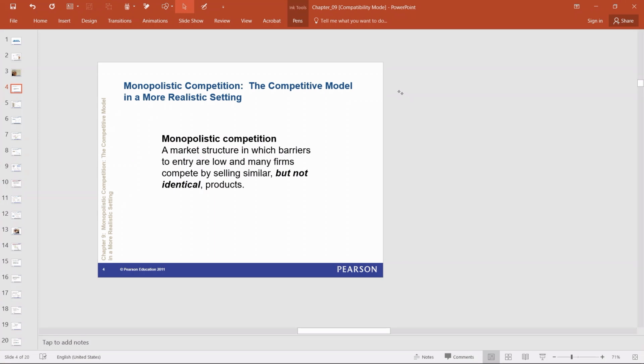So, market structure under what we have just said could have these 5 settings: perfectly competitive market, monopolistic competition or monopolistic competitive market, then oligopoly market,